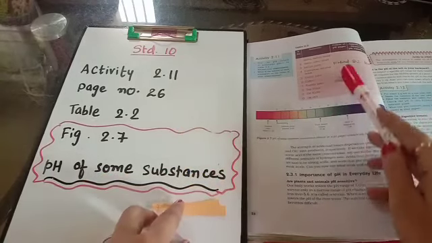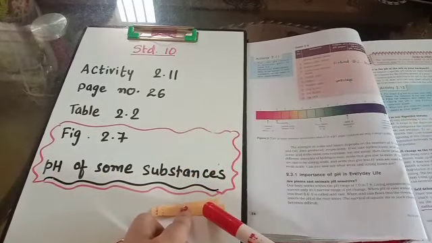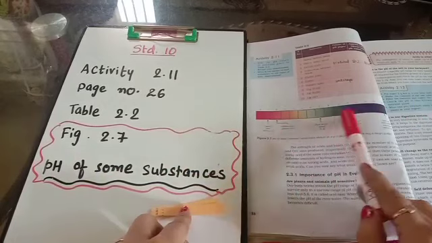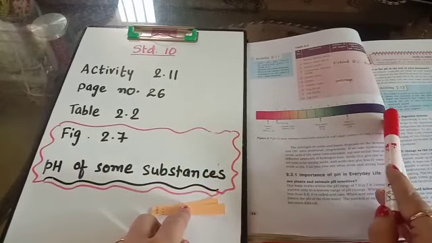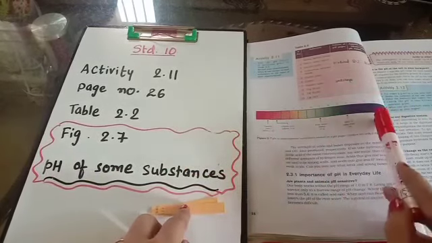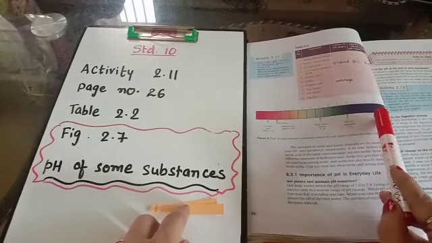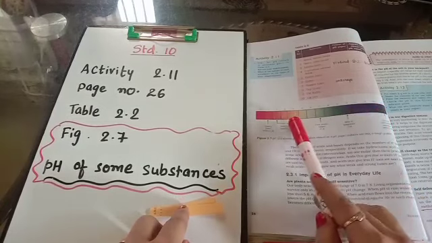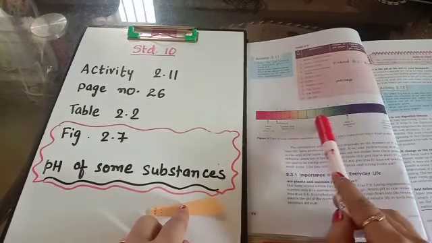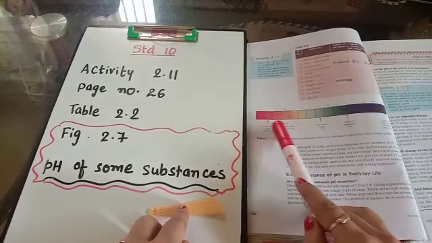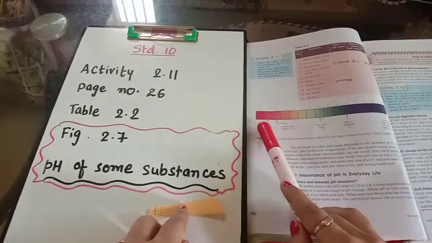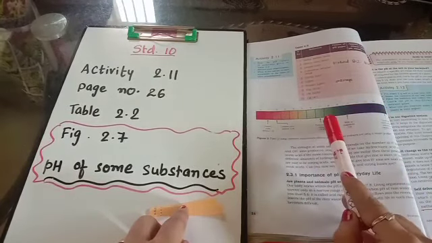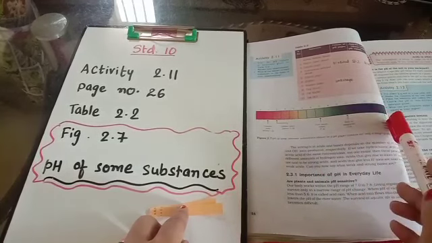We have to put solutions on pH paper and see what color it gives with the particular solution. Color change will tell you whether the nature of the substance is acidic or basic. You can see the changes in colors from acidic to basic. This side it will be acidic, medium, and this side it will be basic.